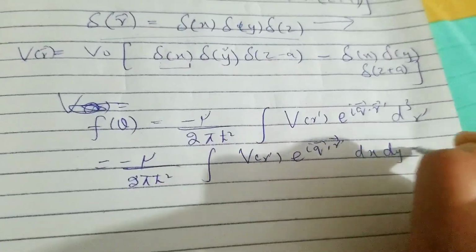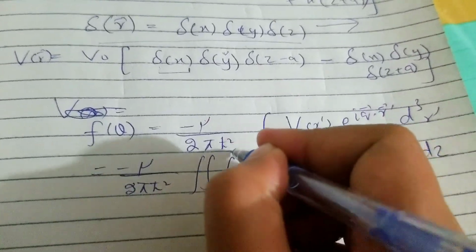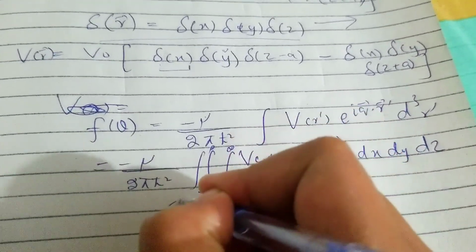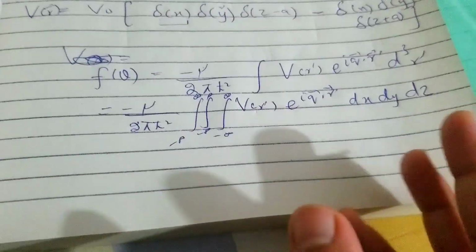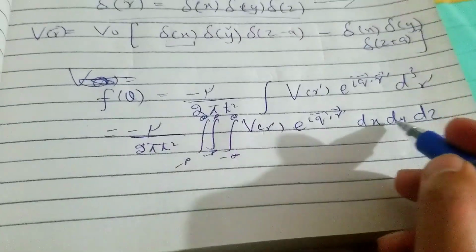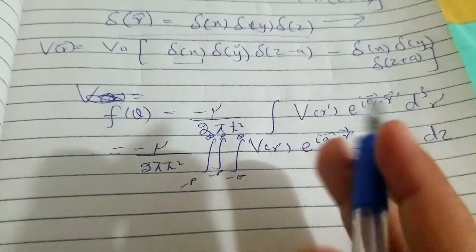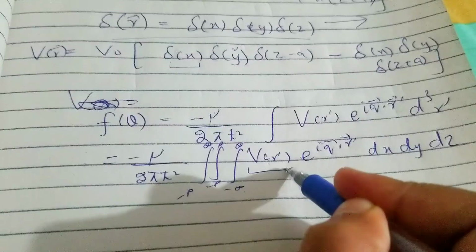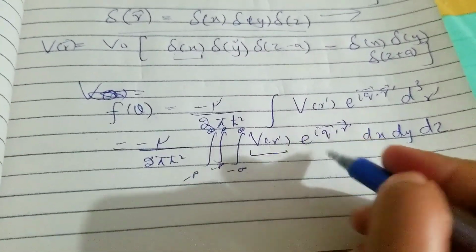dx, dy, dz, and there will be three integrals corresponding to it, and they will run from minus infinity to plus infinity, because this is a volume integral and it will run throughout the space. And for x, y, z, these minimum and maximum limits are minus infinity to infinity. Now we'll put the value of V of r prime right there, and before we do that, we have to